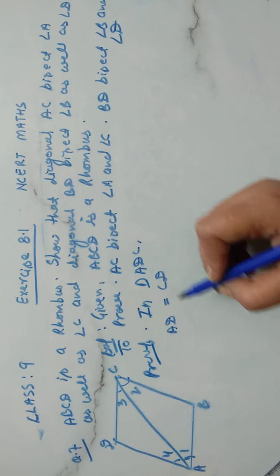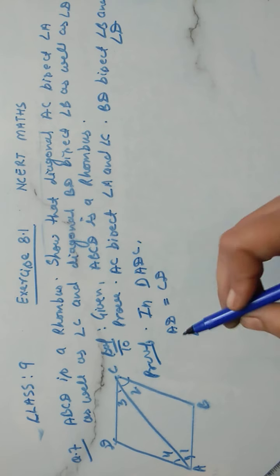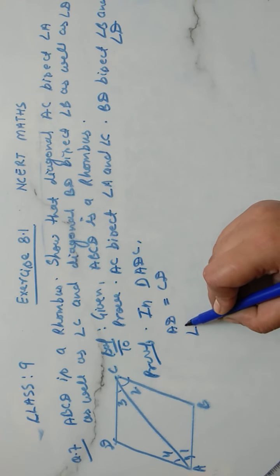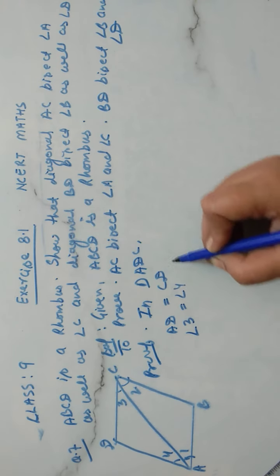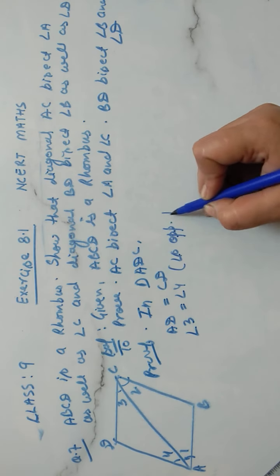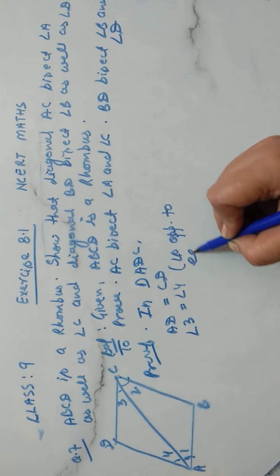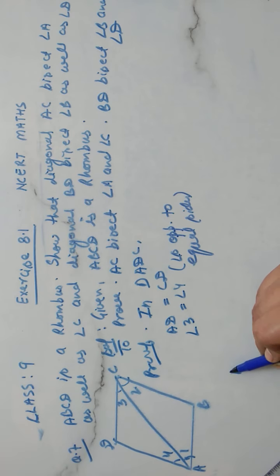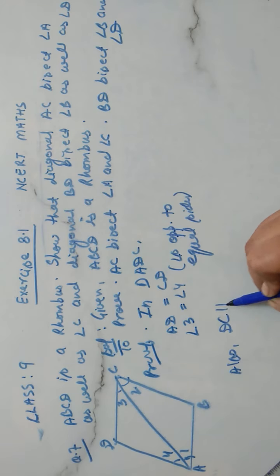If AD is equal to CD, then, the reverse of the previous question, their opposite angles are equal. Angle 3 is equal to angle 4, and the reason is angle opposite to equal sides. Also we know that DC is parallel to AB